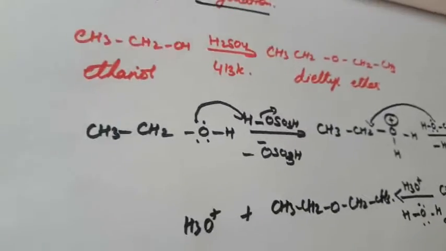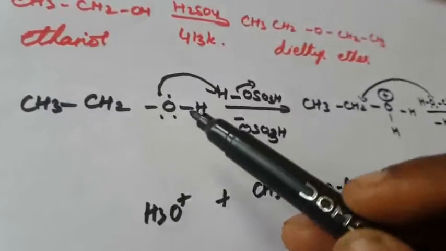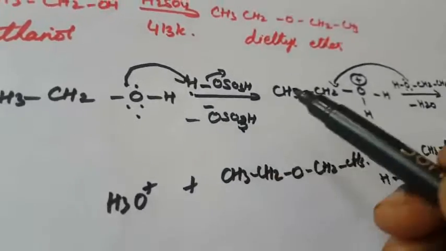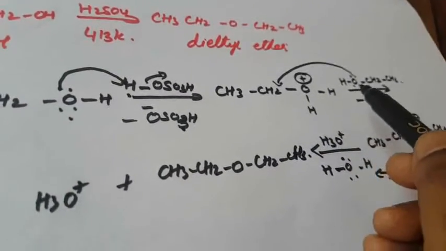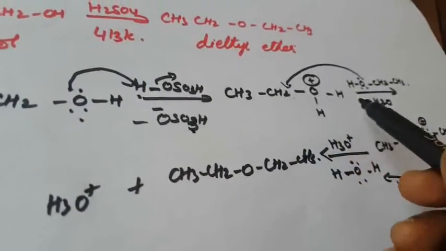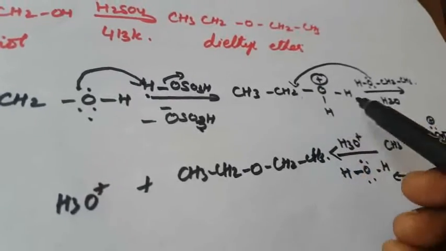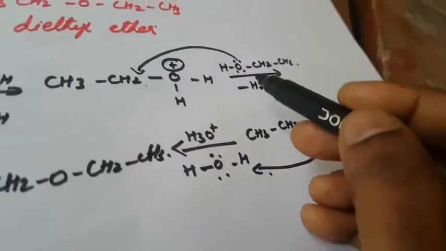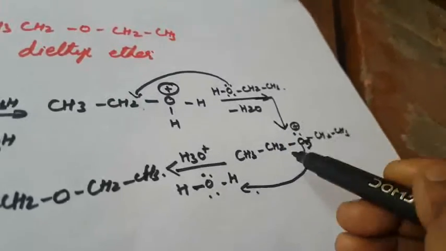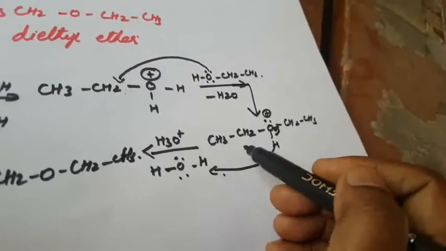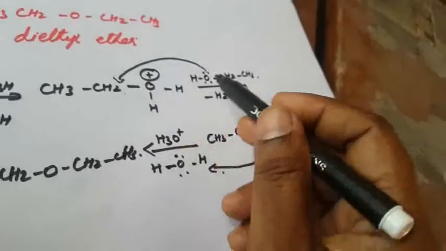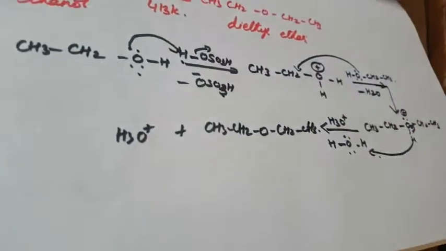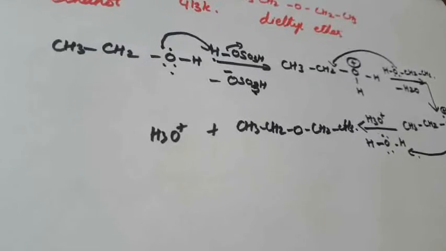Okay, so this is another one. This is the mechanism. First one is, this is highly electronegative. It will attach to this hydrogen. This compound will be liberated. Again this is highly, again another position, this water molecule will be removed. This one is coming to this side. This compound will be liberated. So again it will come with that one. So this compound, CH3CH2O, will be attached. So finally it will react with the water molecule. Again it will be liberated. This is called intermolecular dehydration.